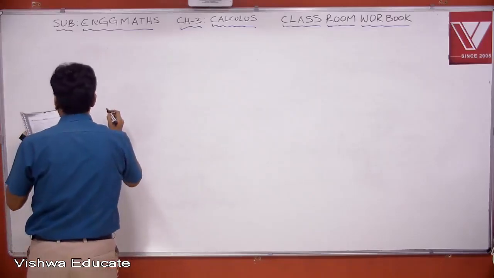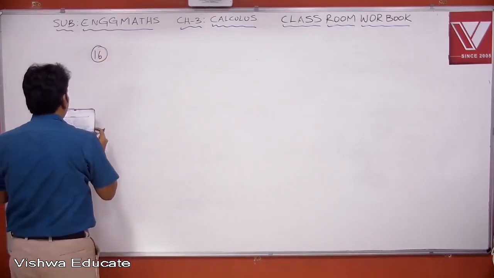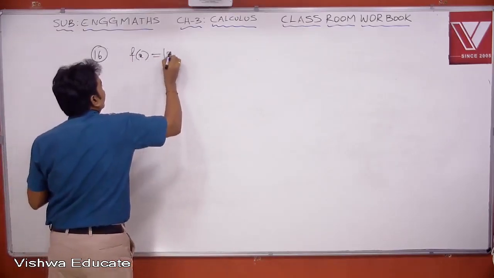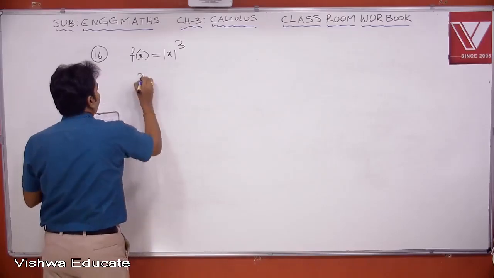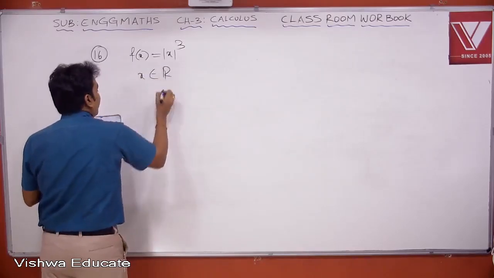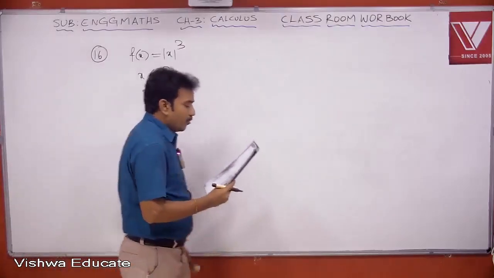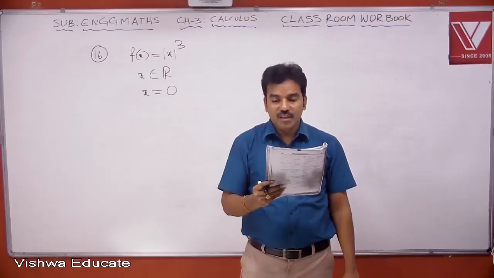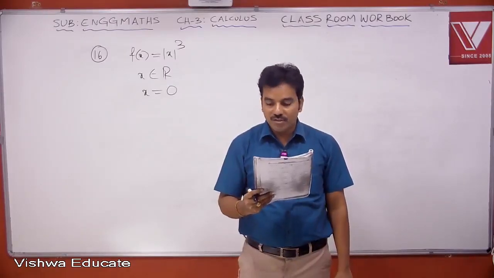Now let us move to question number 16. Consider the function f of x equal to mod x whole cube, where x is a real number. Then the function f of x at x equal to 0 is: option A, continuous but not differentiable; once differentiable but not twice; twice differentiable but not thrice;